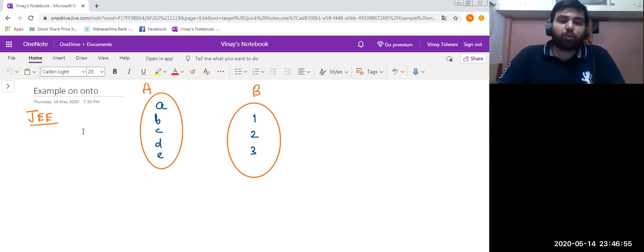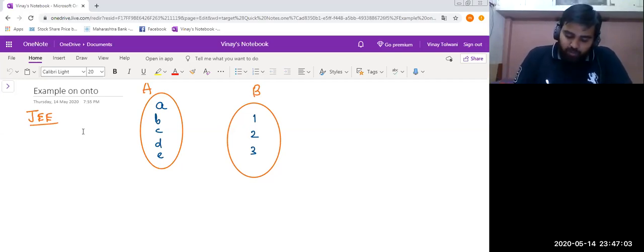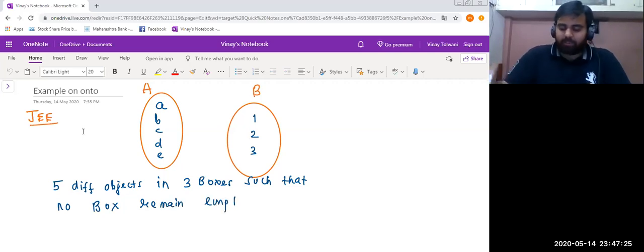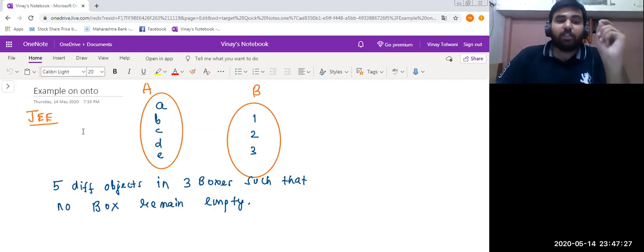So how can we find the total number of onto functions over here? Friends, we can do a very simple activity. We just need to distribute 5 different objects in 3 boxes such that no box remains empty.